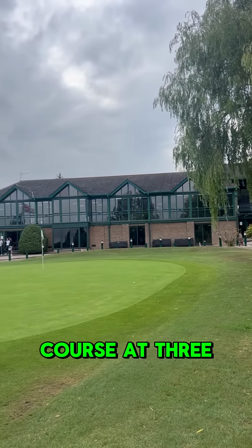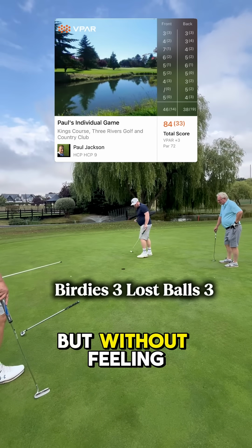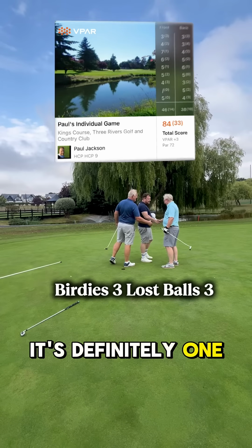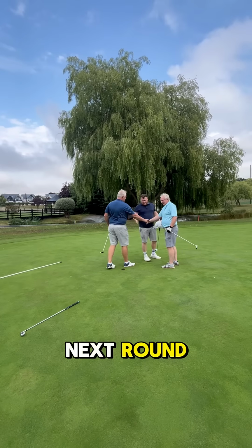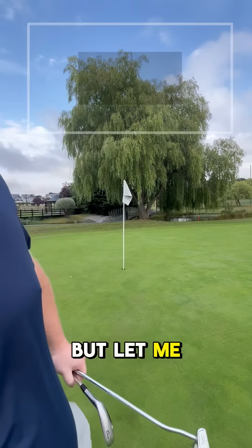Overall, the King's Course at Three Rivers is a real gem. It's got a good mix of holes that will challenge golfers of all levels, but without feeling too overwhelming. It's definitely one of those courses where you'll be thinking about your next round as soon as you finish your first. I will definitely be back soon to take on the Jubilee course,